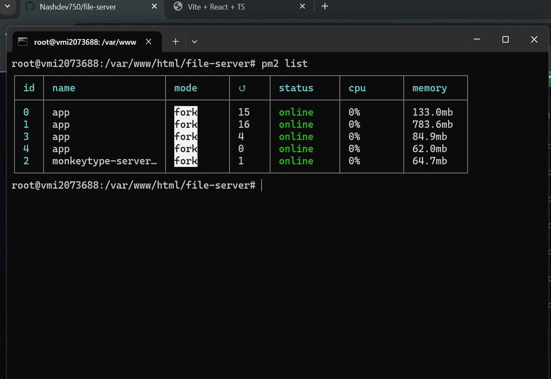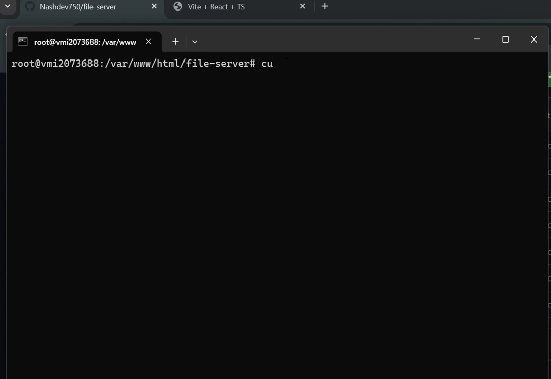Our app is online and running at port 8001. So what I can do is use a web server as a reverse proxy to forward traffic to port